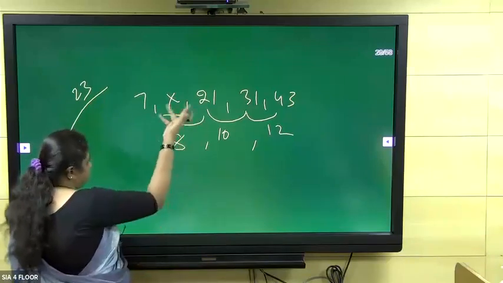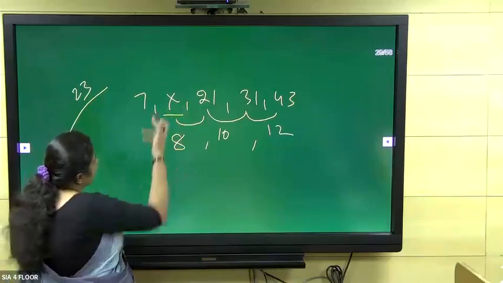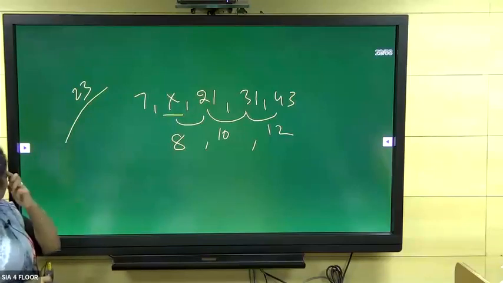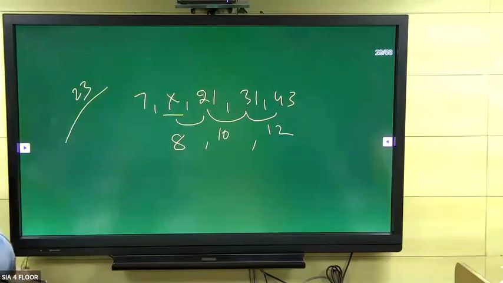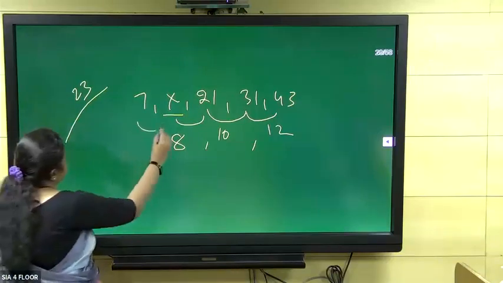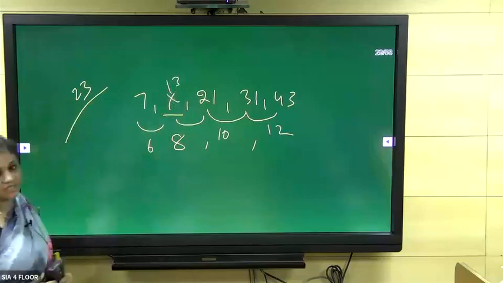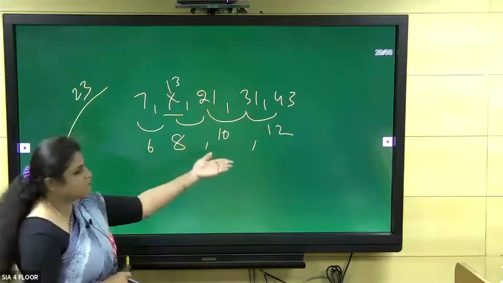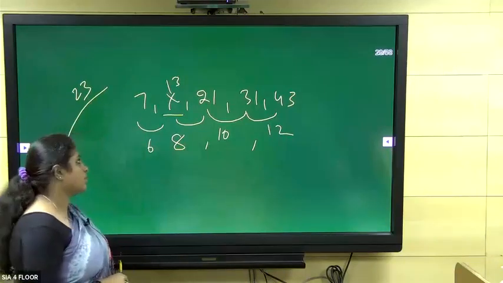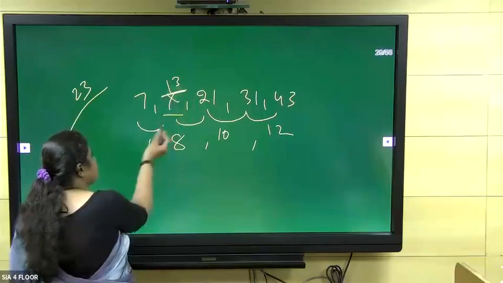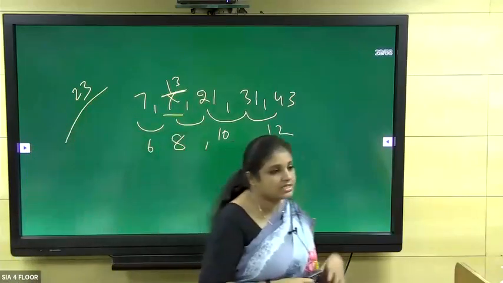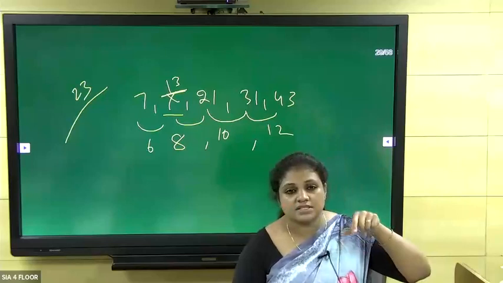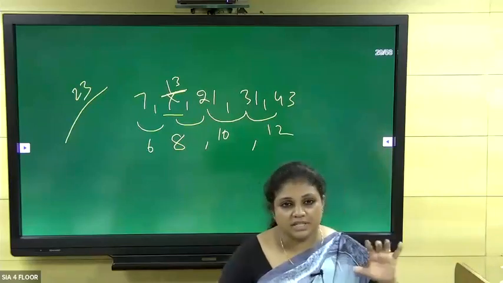So if suppose 8 should be the difference here, what number should be coming here? What makes the difference of 8 between 21, the other number? What is the other number? 13, correct? 13 is the correct answer. So it's a very simple problem, and this should make the difference of 6, so that you'll get some logic that 6, 8, 10 and 12. Okay, so once you apply some value here, this value should get connected with the previous value also, so that it makes a correct logic. So the slight difference between the previous problems and this is that the question mark is there in the middle.